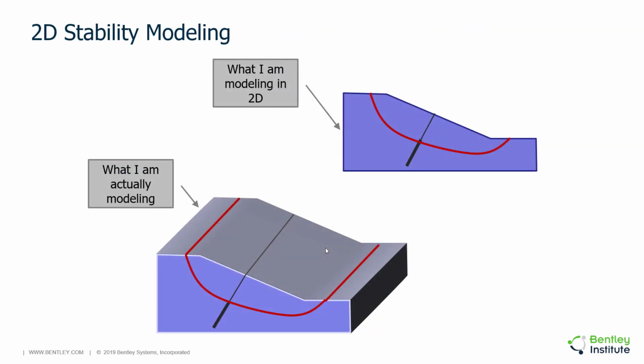So it's important to note that when you're modeling a slope in 2 dimensions, you draw it into the computer as a 2D profile, and you draw a slip surface, you might have an anchor. It's important to note that really this converts to a 3-dimensional model. You're still modeling in 3D, only what happens is your model is extended in the 3rd dimension, and you're really modeling the slipping of a cylinder in 3 dimensions, with the ends, the vertical ends on the cylinder, having 0